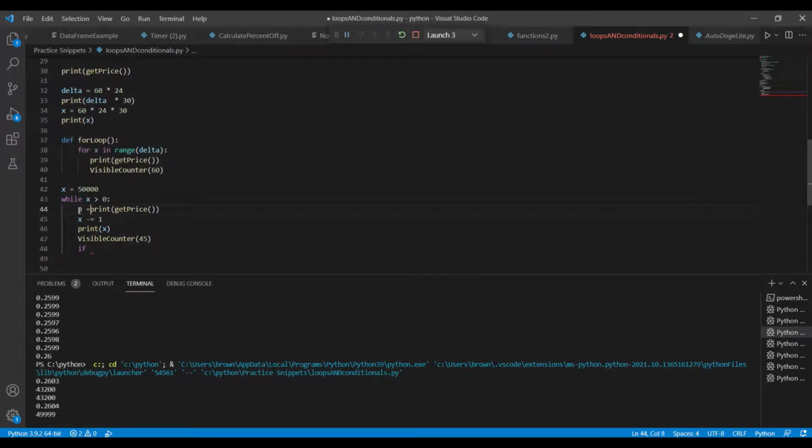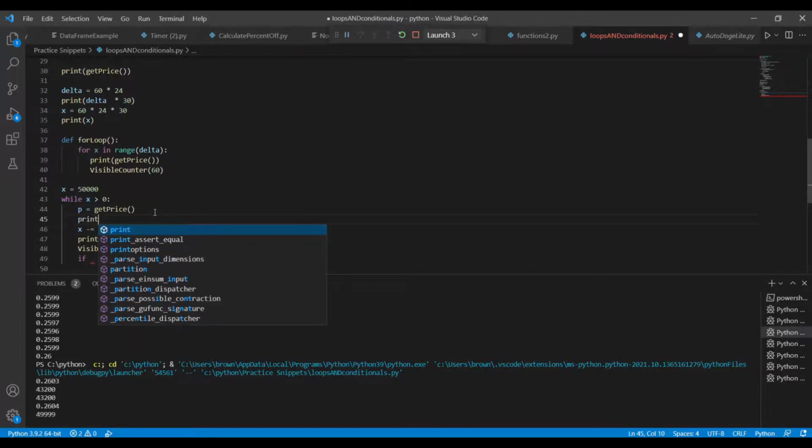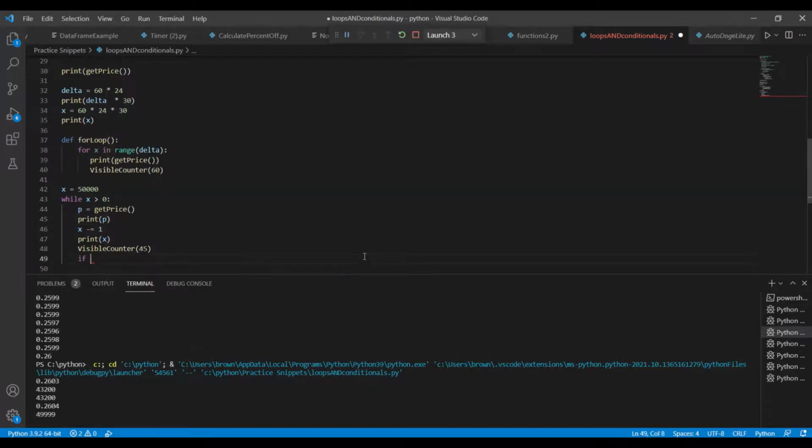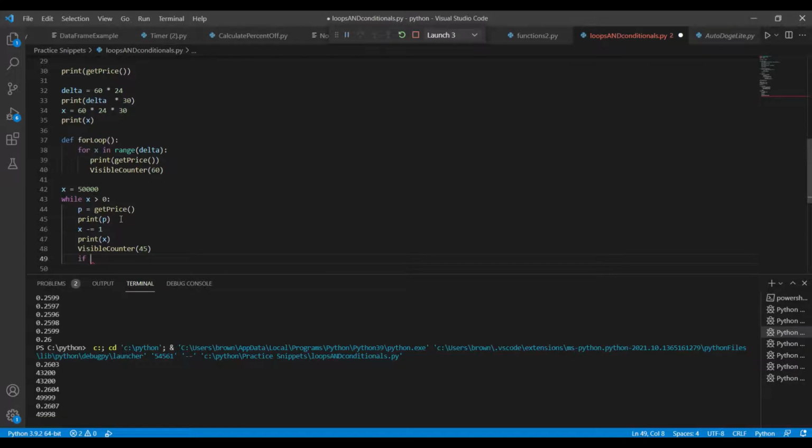Let's say P equals get price. And then we sit there and go print P. All right. So now that takes care of that. It's still going to do the exact same thing, but now we can also take the P over here and